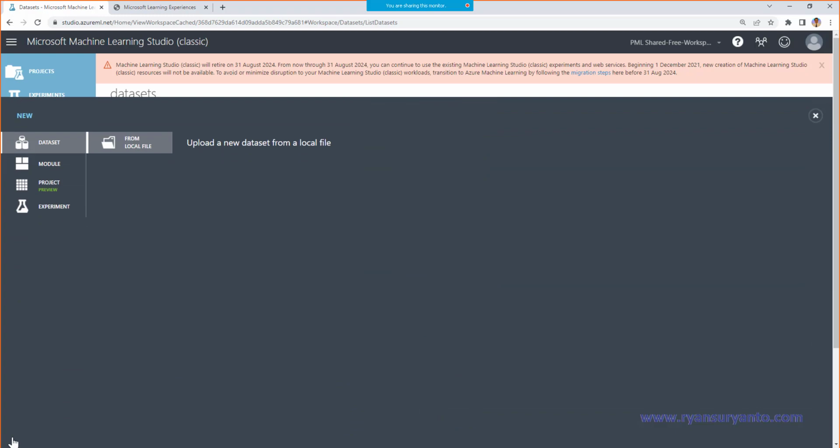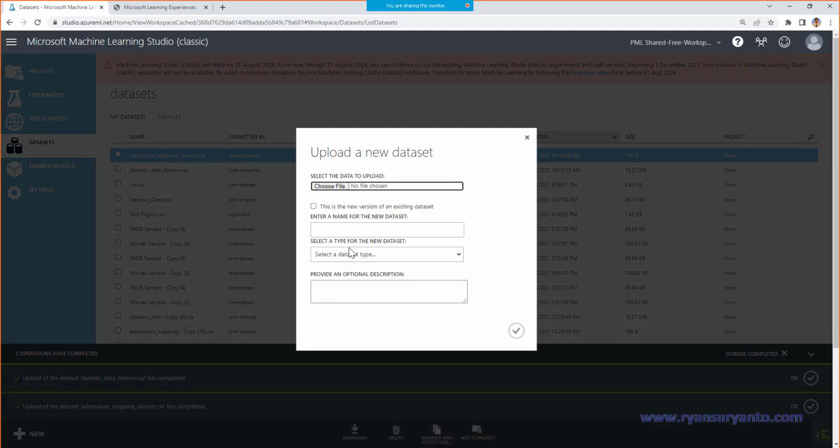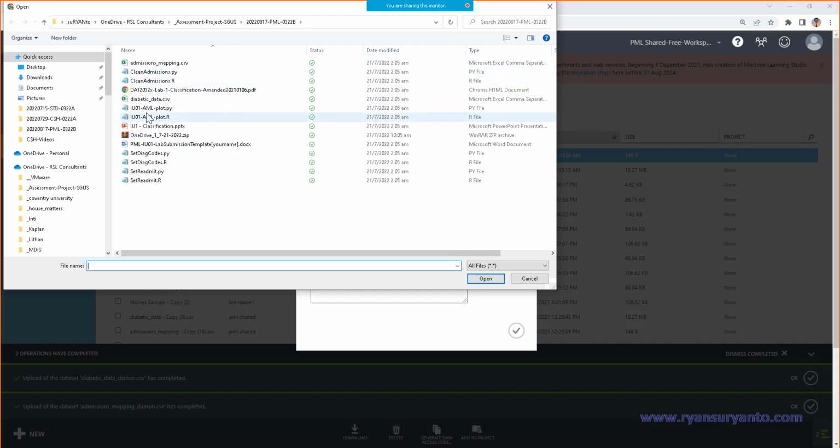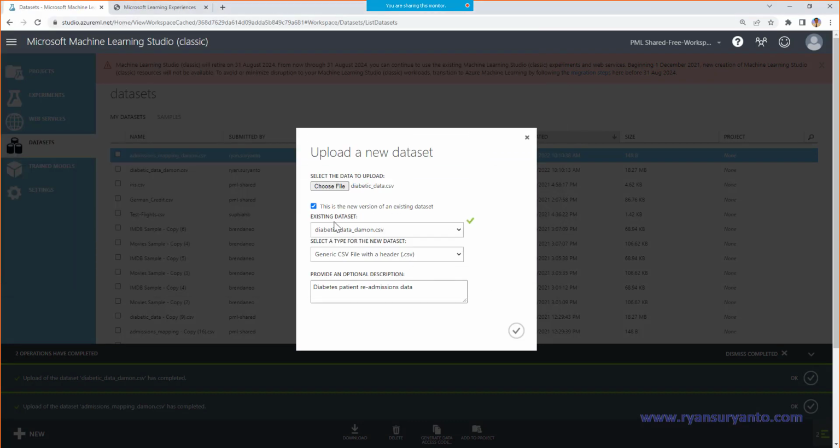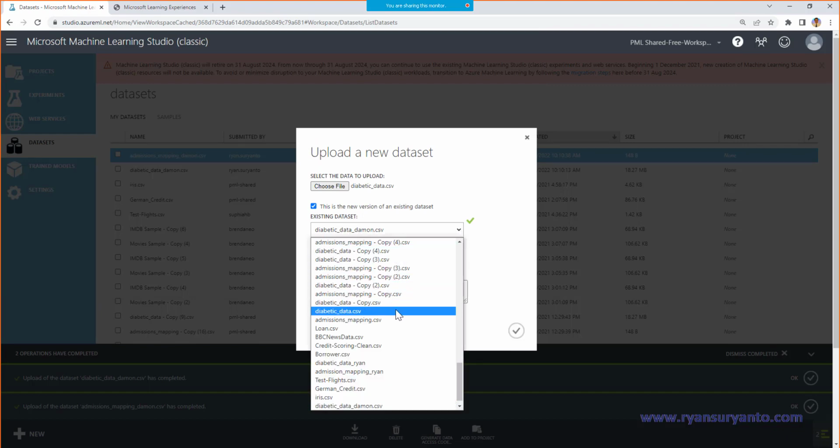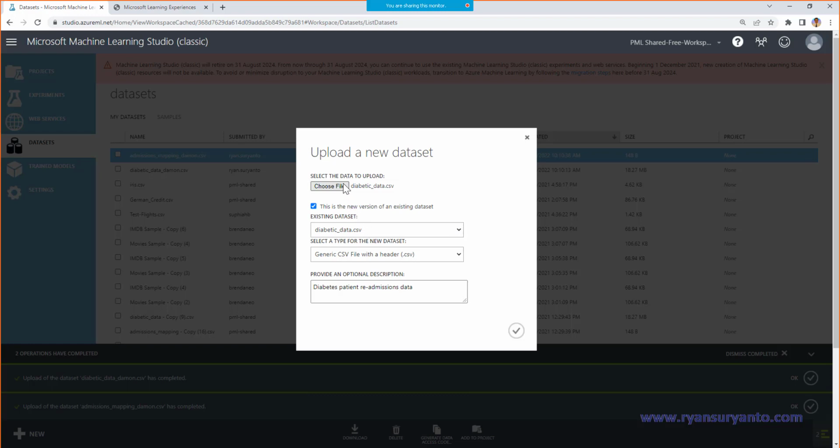Actually, when I click, then after that you choose the data set, diabetic data, like this. Then you see the existing data set. You're going to replace it. So I just repeat again to upload correctly.